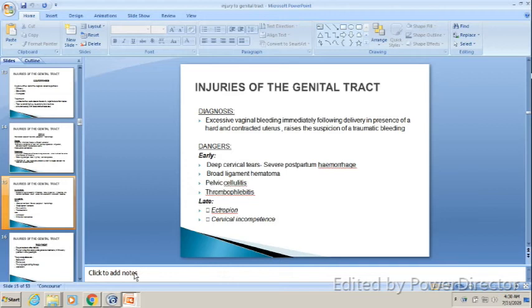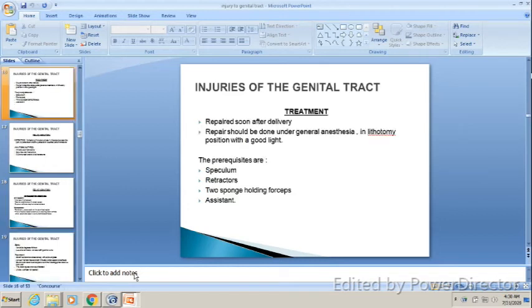As you know, the cervix is made of two layers, columnar epithelium inside and squamous epithelium outside. So in ectropion, what happened? The cervix is pulled outward, so the columnar epithelium is outside over the cervix. Cervical incompetence: as the cervical tear can happen, late complications include that the cervix becomes incompetent, and the risk of abortion is more in these patients.